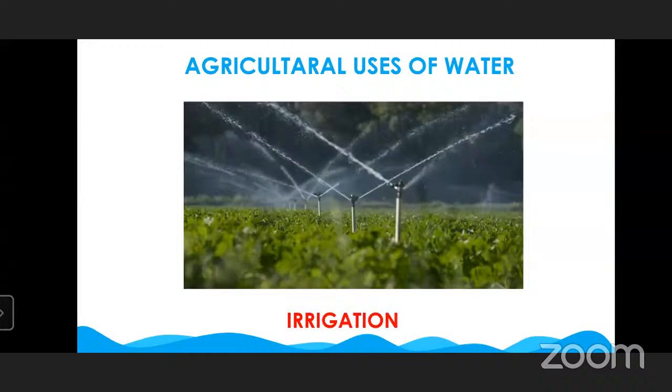Agricultural country means all people are mainly doing farming. That's why India is an agricultural country. As we saw in the slide, about 80% of total water we use for agriculture. We saw in that pie chart, 80% of water we require for agriculture. We need a lot of water for farming. Understood?